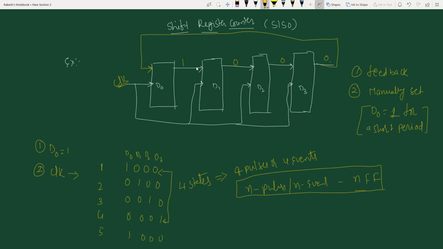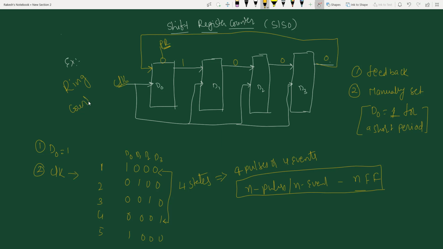It's just a feedback connection from the last flip-flop to the first flip-flop, and it's going to count in the 4 different states. Suppose if I want to count from 0 to 15, I can connect 15 flip-flops and the last flip-flop output will be given as input. And before I start my counting, I am going to make my first flip-flop output 1 manually by using the preset input. Now I am going to show you how this circuit works. This circuit is called a ring counter.